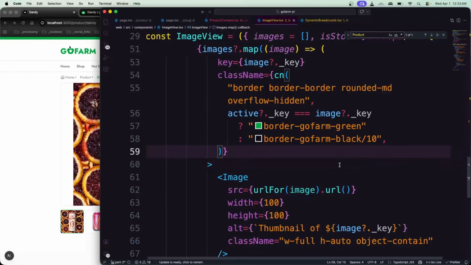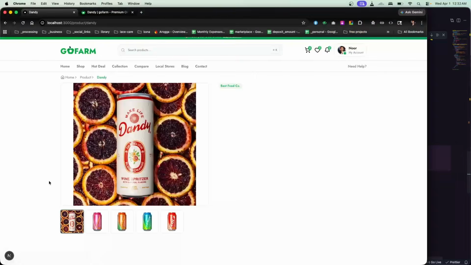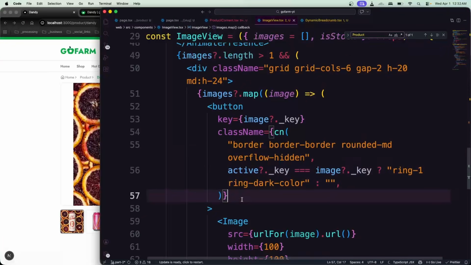You can see right here. I think instead of this one, we can just simply keep it empty. Okay, we can just simply pass that instead of this green here, because we want to highlight it. We can pass the ring color. You can see right here, once it's selected, nothing is happening now because we need to make a function here,